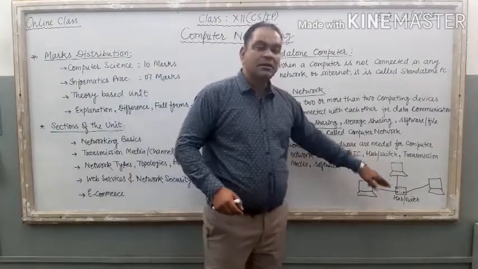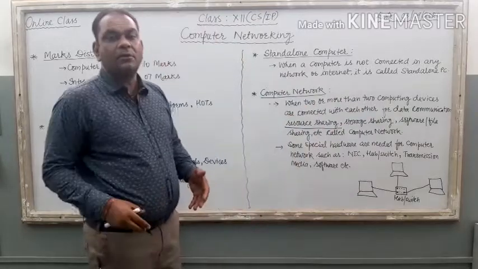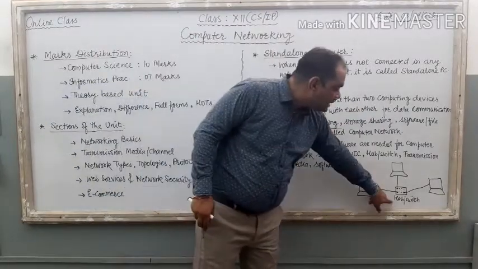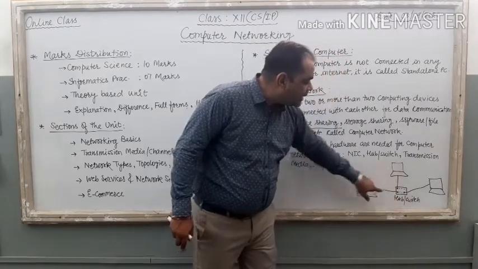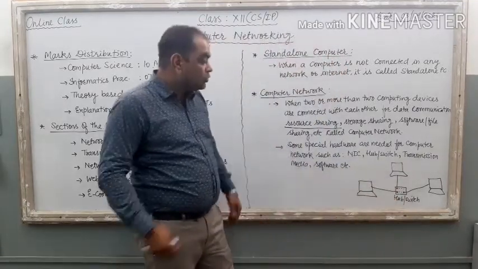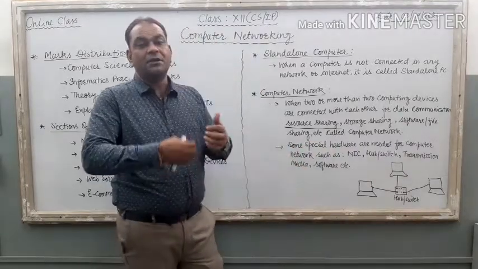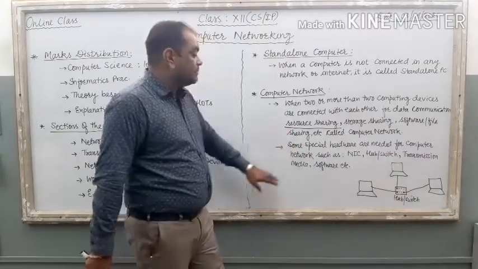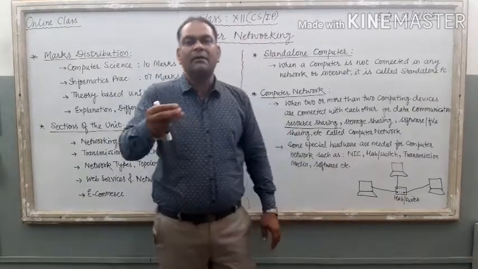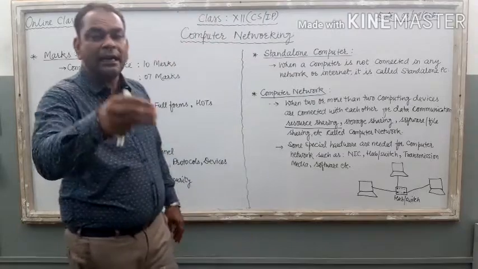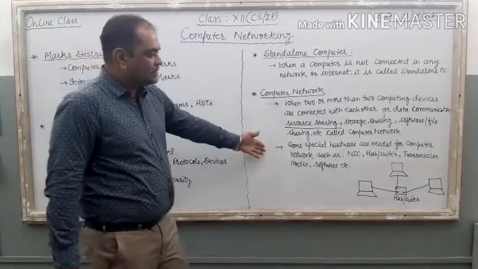Then hub or switch. If you want to connect this many computers, one central computing device is required. This is a hub or switch. With the help of a hub or switch, we can connect different computers with each other. Transmission media is also there, by which particular channel, by which media we can connect these PCs. It is known as transmission media. Then some special networking software is also needed in the computer network. Right? Now just see the diagram.